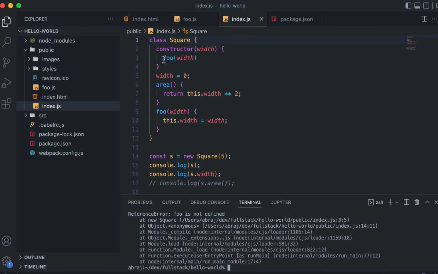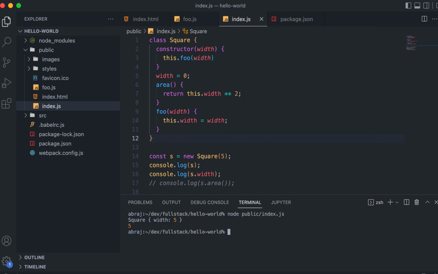Yeah, so it will be this dot foo anyways. So you can see that this works, right? This also works. Now you can understand that the actual assignment of width is inside the constructor. We call another function foo, and inside foo, again, some other function can be called internally. So dynamically, when the constructor is called, when this thing is being assigned and created,